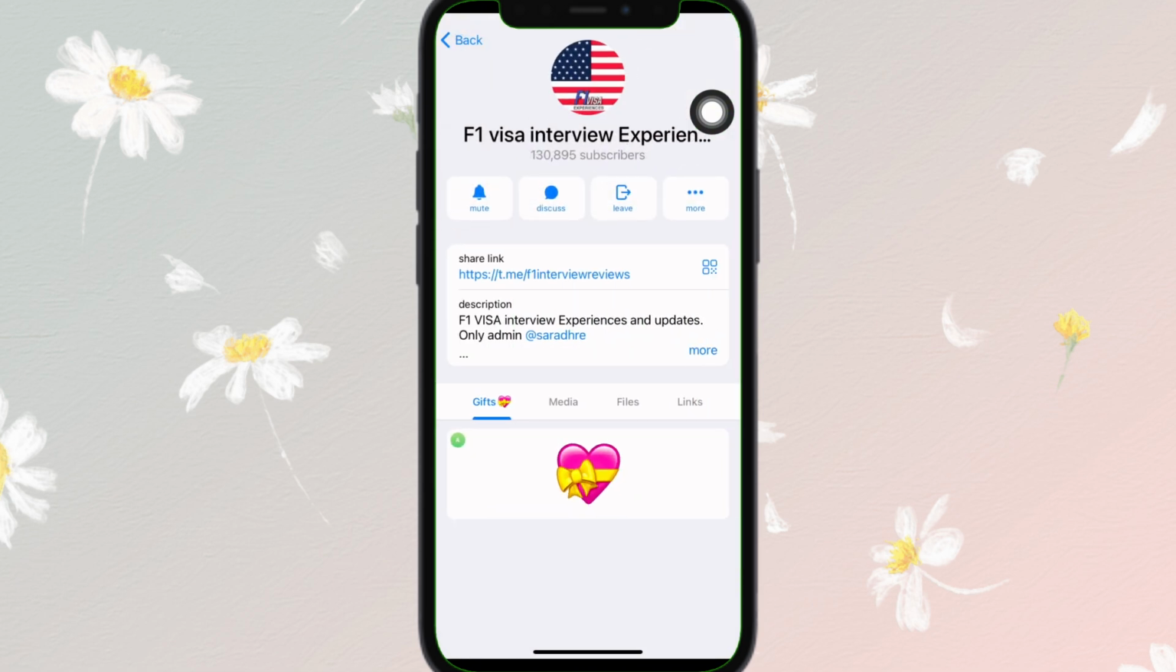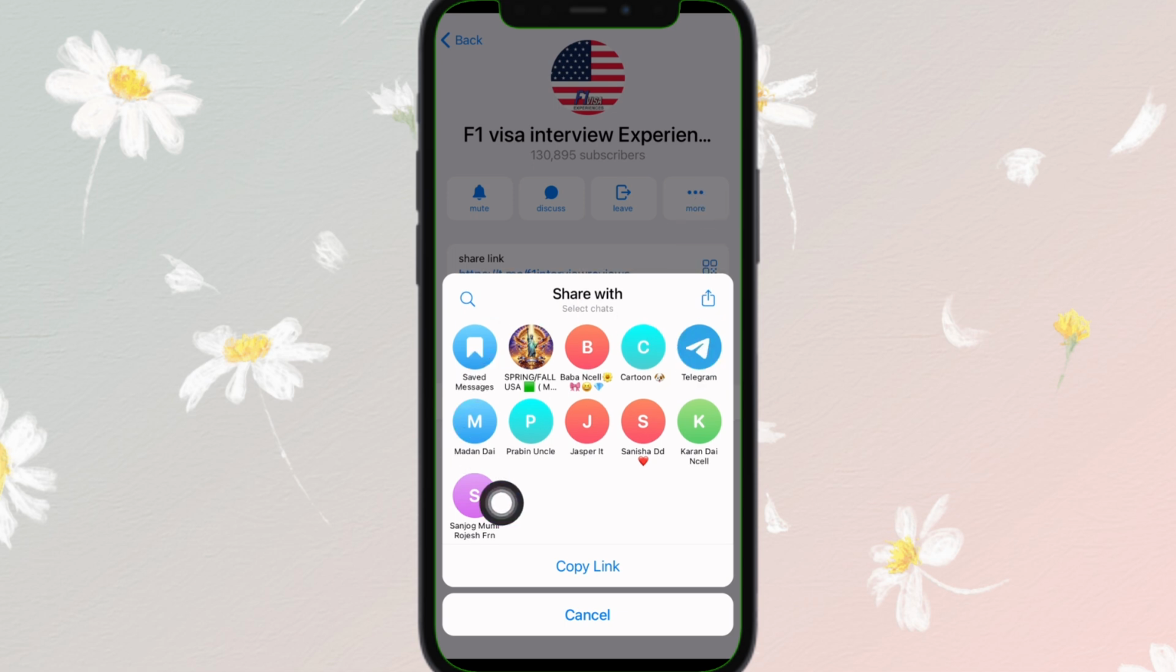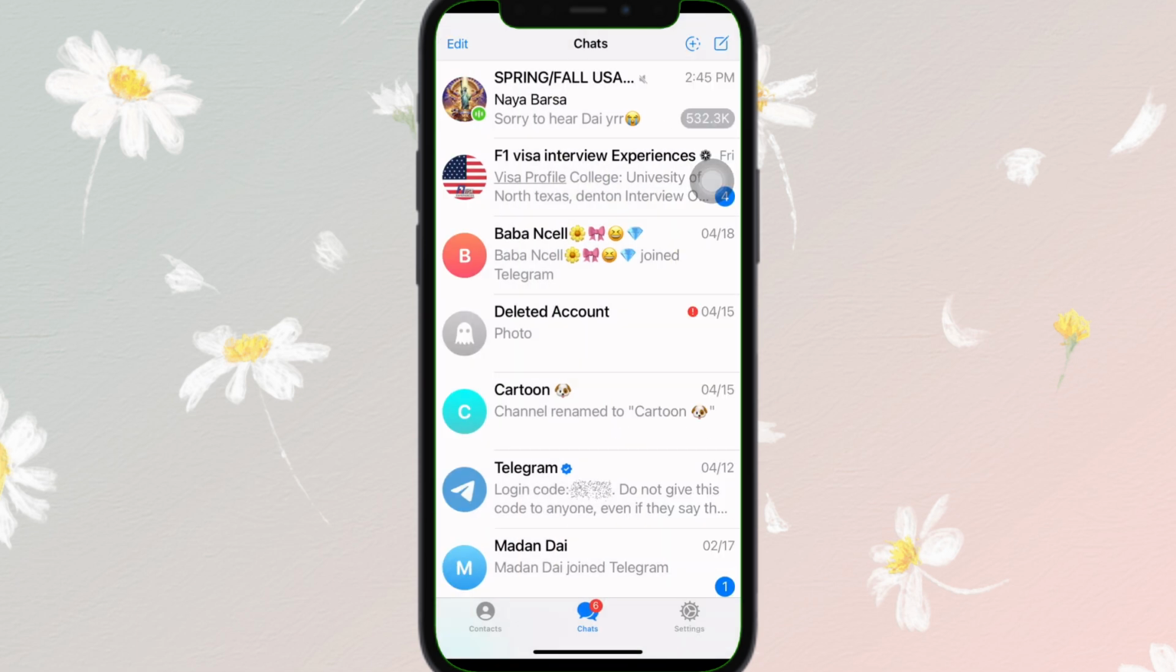Then here you can find the share link option right here. Now tap on it. Now simply copy the link. Copy it, or you can simply share it to the contacts which are present on Telegram right here directly. Now copy the link. And after copying it, simply send it to that person and they will open the link